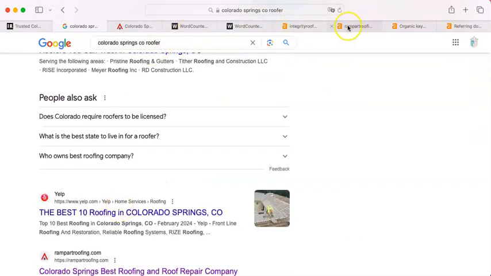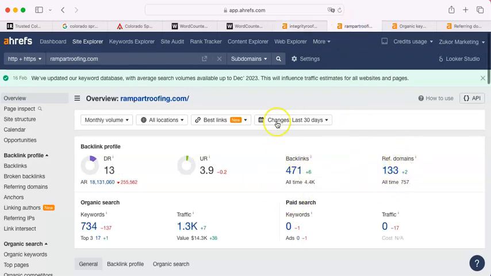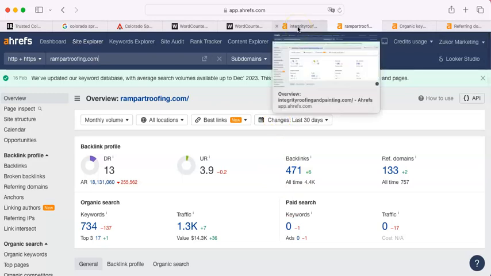Now, the next thing I'm going to show you is your backlinks. You have a bunch of backlinks, but I'm going to tell you that a bunch of these are kind of spammy backlinks. The Google algorithm is looking for these, but it's also looking for the ratio. And right now, the referring domains you have is 290, so you shouldn't have much more than double that. You should have backlinks of about 580, let's say, because this is way too high for the referring domains you have. Now, here's what Rampart has. They have 471, which beats yours because of the spammy ones that you have.